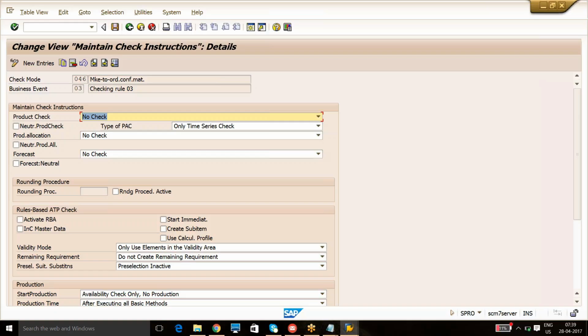However, there is no hard and fast rule that only these basic methods have to be used. You can use the combination of all these basic methods with CTP, or with the rule-based ATP. All those combinations are available and possible. Depending on your business scenario, you will be doing it. Got me? Yeah. So suppose so